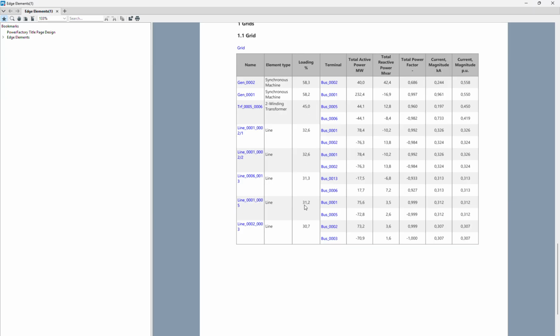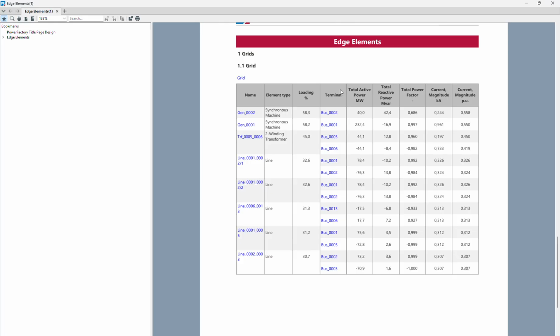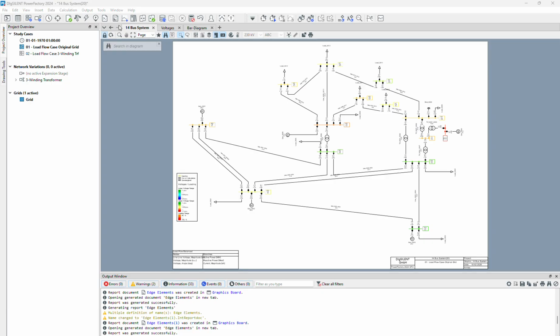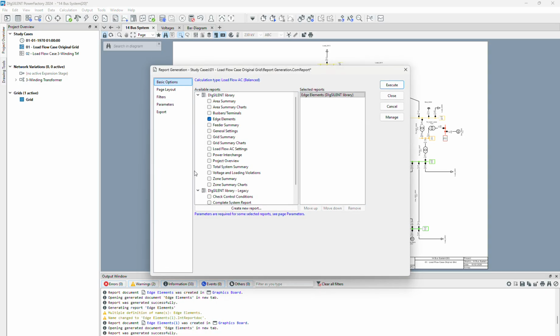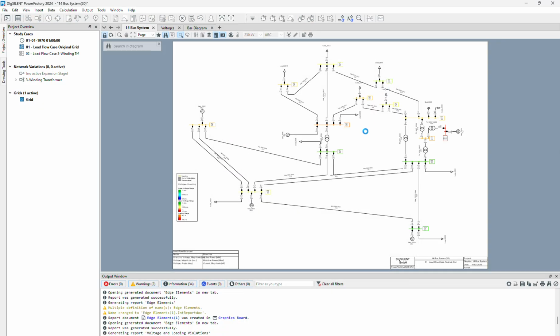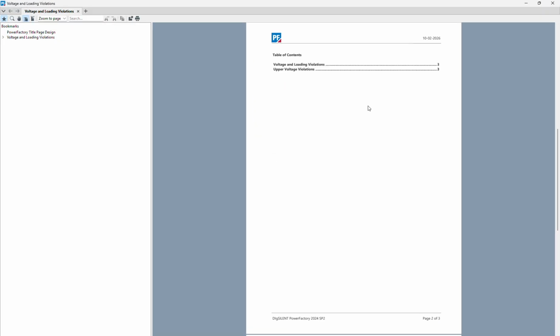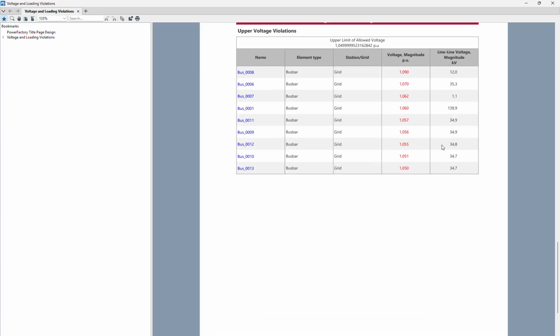Here, for example, you can see loadings, total active power, reactive power, total power factor. So you can see that in this edge element. If we go back to the reports again, here we also have voltage and loading violation. If you execute this one, you see the report for all of the units that have some voltage violation. For different bus bars, here we have some violation on the